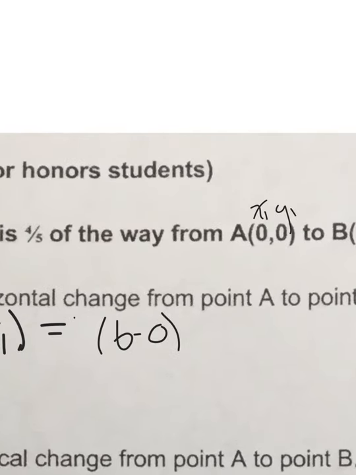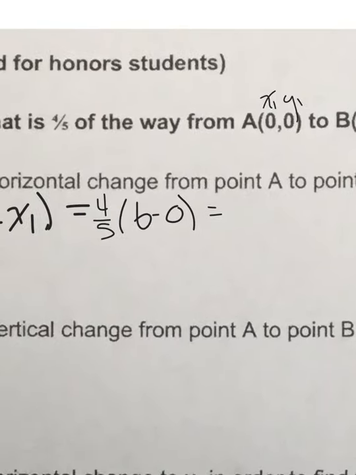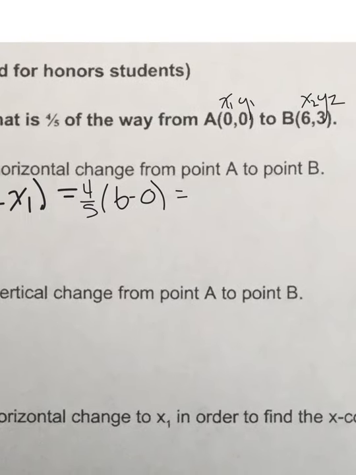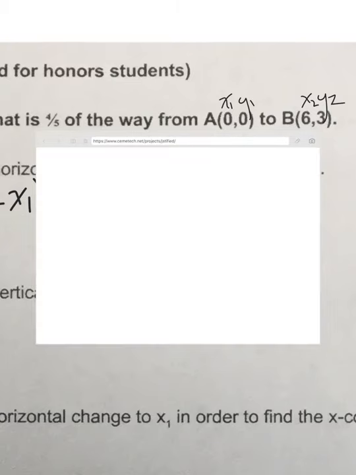And we want 4/5 of that change, so I'll multiply by 4 over 5 here. So if I simplify here, 4 over 5 times 6, I know that is 24 over 5. Now, what if you don't know that? Then in your calculator,